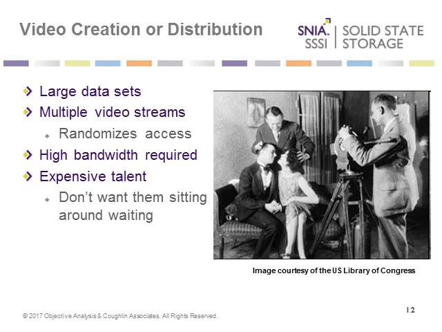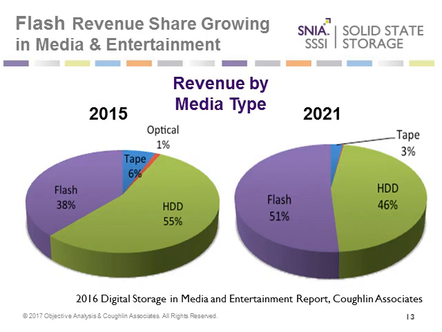Let's go to the next slide here. So I mentioned I do some work in storage and media and entertainment. One of the things I do is a report on digital storage in media and entertainment. From our 2016 report, these are projections looking out into the future, showing different types of revenue by media type. In 2015, flash was about 38%, tape about 6%, hard disk drives about 55%, and optical about 1%. The projection for 2021 was that flash revenue would increase to about 51%, with hard disk drives at 46% and tape at 3%. Now, if we go to the next slide,